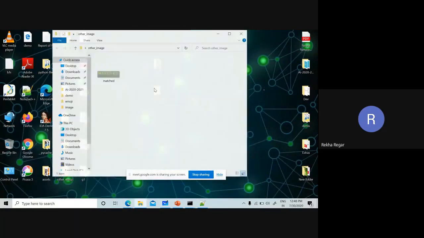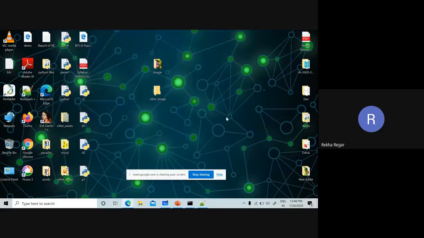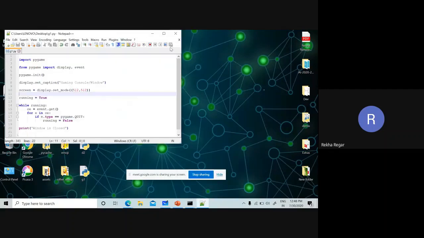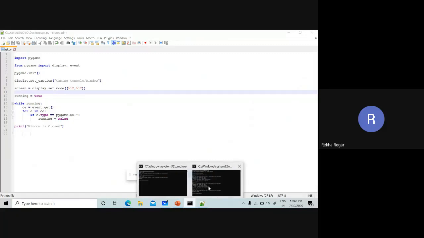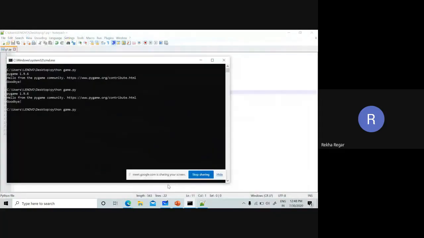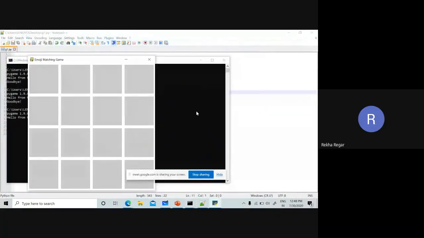Okay, I guess we got all the images that are required for the game. So now we can load the images. For loading the images, we need some format. You can see my previous game.py. Each and every image has the same size.